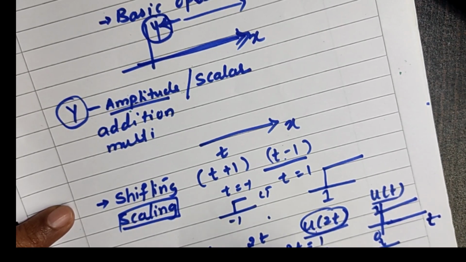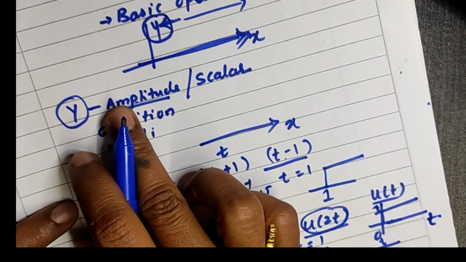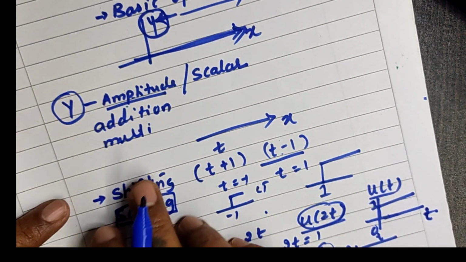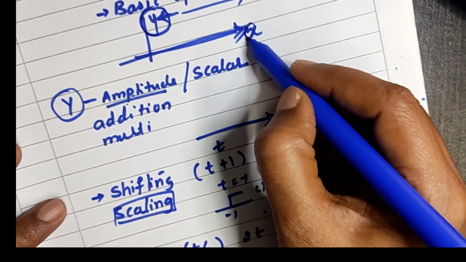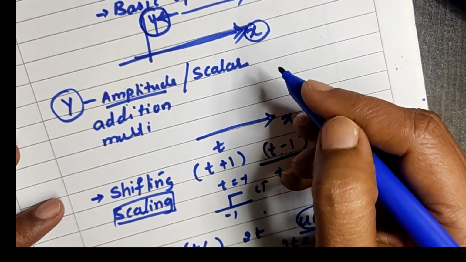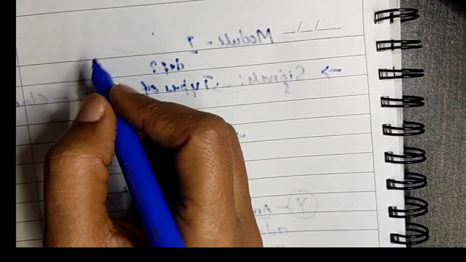Suppose u of t by 2, then t by 2 equal to 1 gives t equal to 2, so your signal will be from 0 to 2t. In this way, this is about the basic operations on signals. This is with respect to the y-axis and this is with respect to the x-axis. Along with this we have